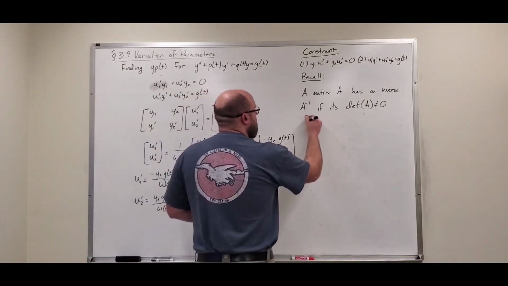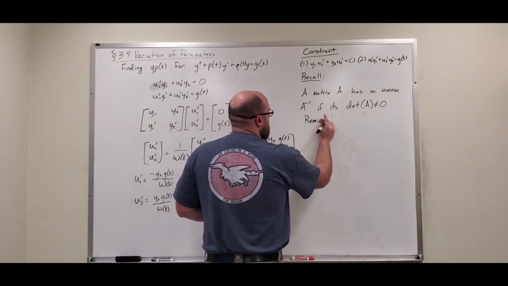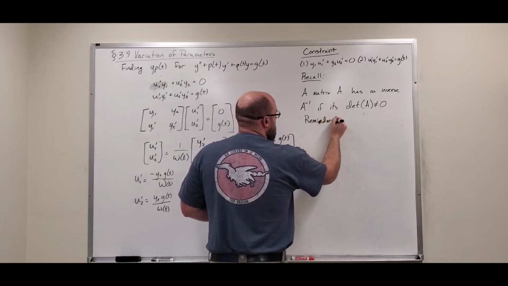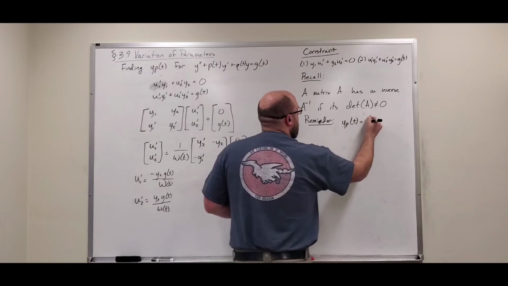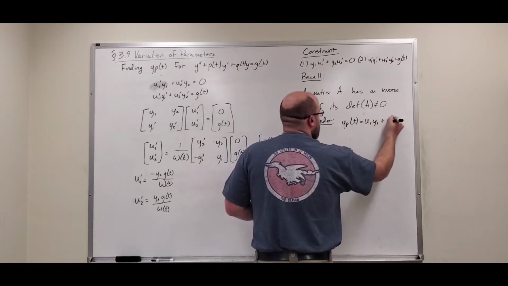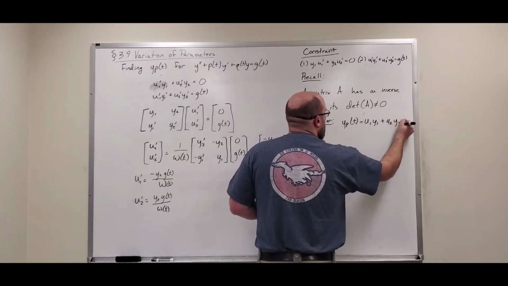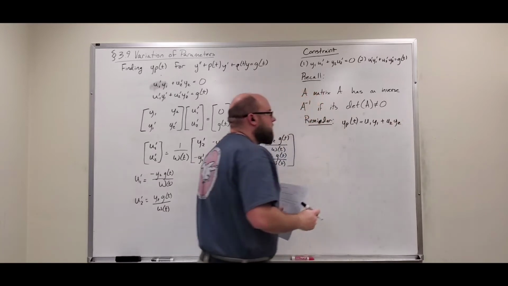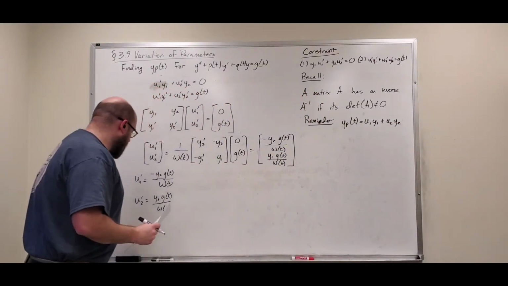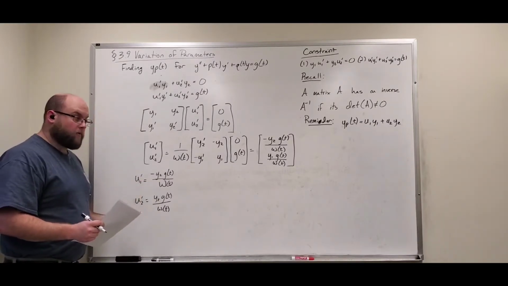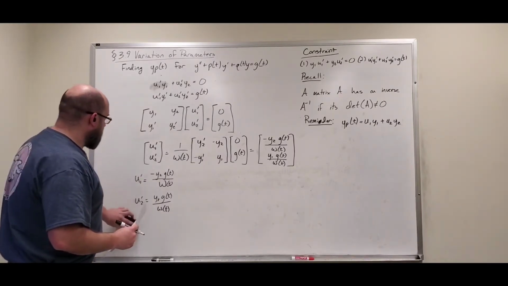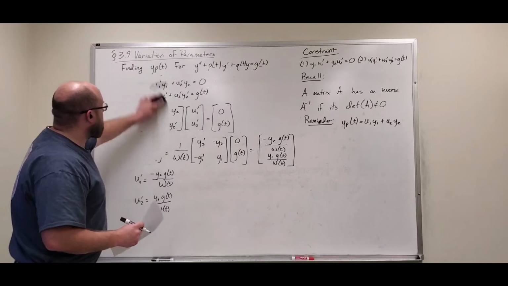Again, just as a reminder, we stated that our particular equation is of the form u1 y1 plus u2 y2. Okay, so we need to figure out what those guys are. Well, this is a derivative. That means we just need to take the antiderivative of both sides. All right, so keeping that in mind,